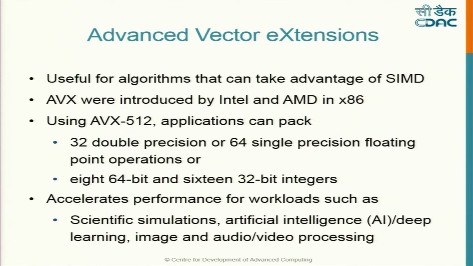If the precision is reduced to half, which means the accuracy becomes half, then you can take twice as many. In AI and other workloads, you don't need double precision; you may even need only single precision, so 64. Otherwise, if you go to the other end, instead of 32, it can become 8. What we are essentially saying is, you have 512 bits, and you can divide it into 32 of double precision or 64 of single precision. You tell how that instruction should work.